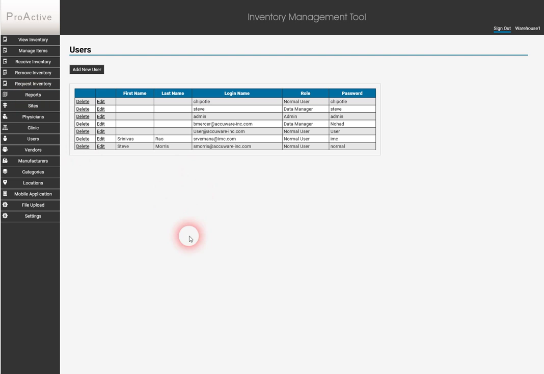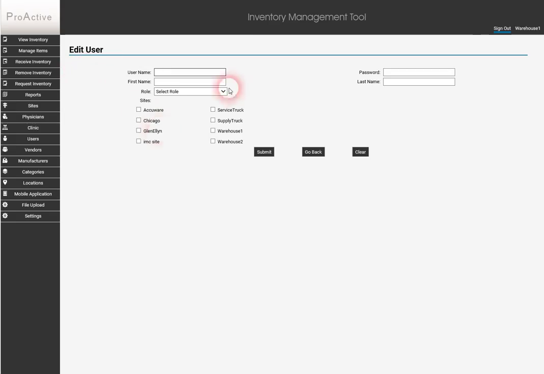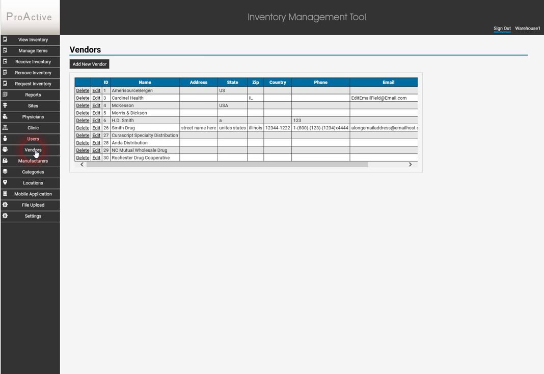You can set up users, add new users. You can assign them to a specific role. Different roles have different capability. That user can be assigned to be able to access only certain sites in the software, and then depending on their role they can do certain functions, and what appears here at the left is affected and decreases depending on the power that a user has, starting at admin on down to a regular user. And we have other things like vendors that can be added